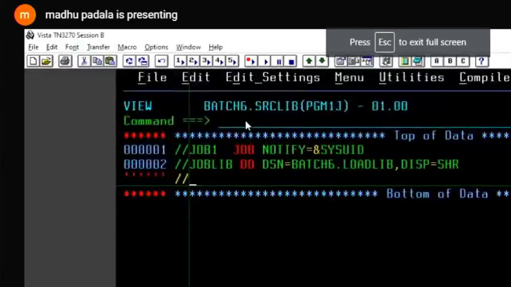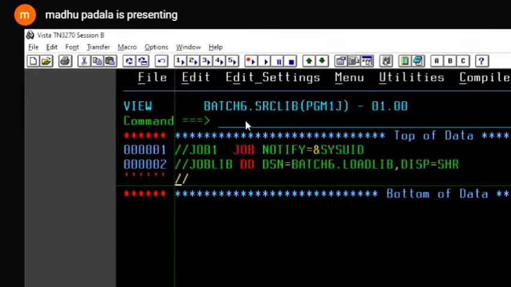Now, if you want to give any comment in a COBOL program, we can give space lines, but here we cannot give space lines. So if you want to give a space line, you have to comment it. If a star is in the third character, then it is a commented line. If you simply give it like this, that's the end of the JCL.